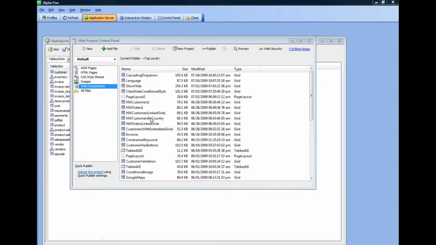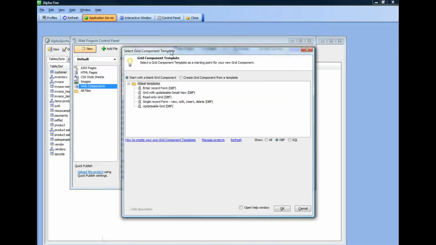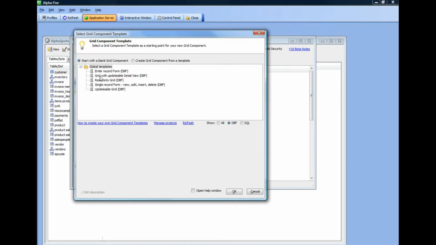Video discusses the new Grid Templates feature in version 10. Grid Templates allow you to get a quick start when you build a new grid component. So let's go ahead now and say new, and I'll choose here a grid component. And you can see that immediately I get a list of templates that come up, and so I can either